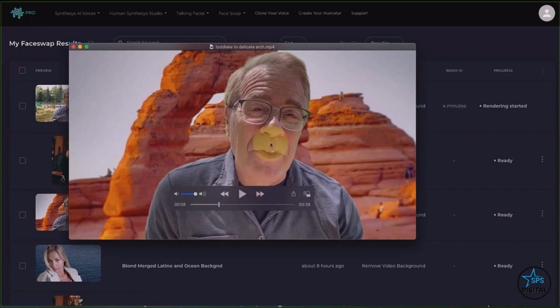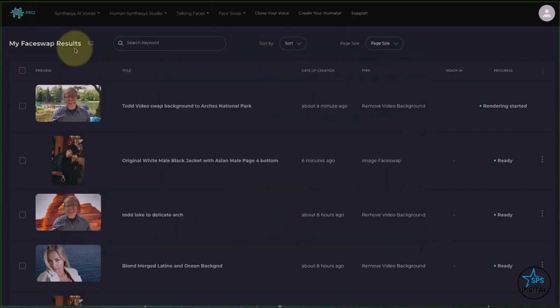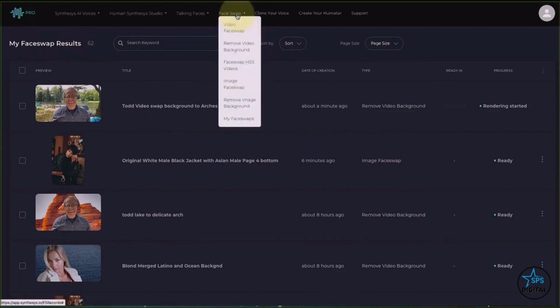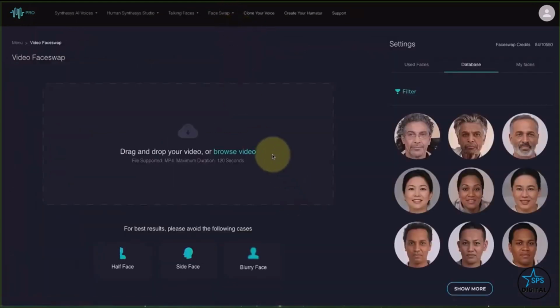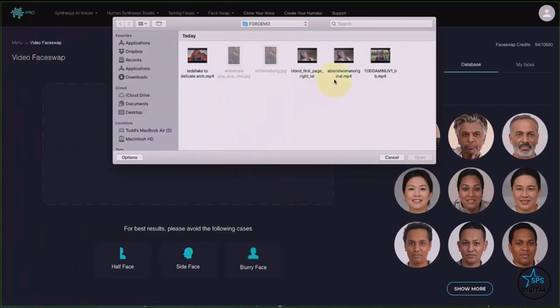So there you go. That is a look at how to change out a background. Now, the next thing I want to do is I want to change the face of an actual video. Now, that's impressive, right? Let's do that. Let's actually change ethnicity again. This time, let's pick a video face swap rather than an image face swap. And we're going to browse for our video, and we're going to take this